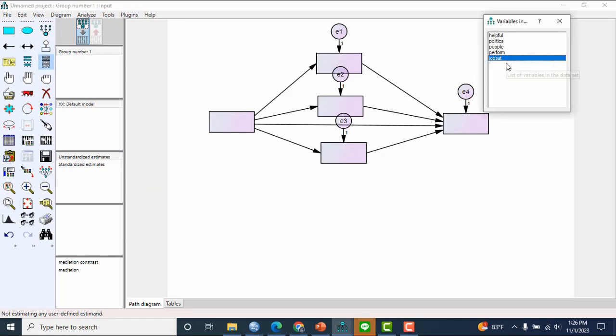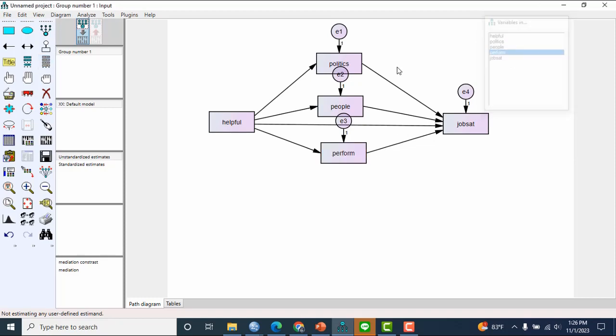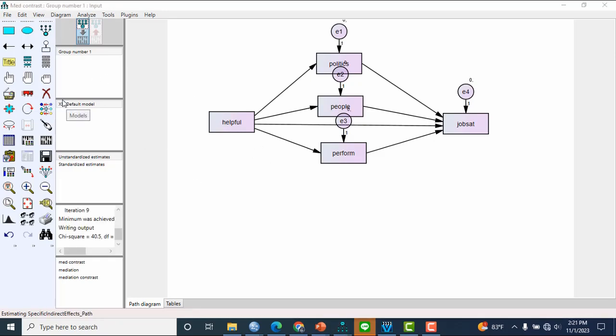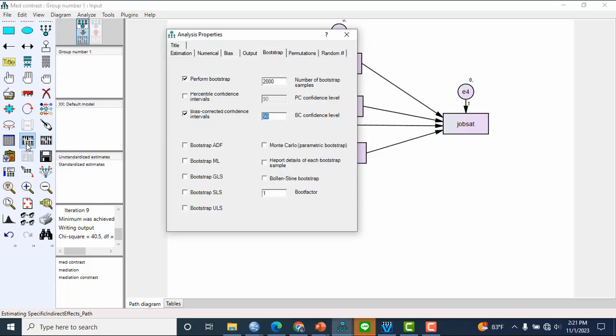And we put in the variables. This is job set, here helpful, politic, people, and perform. First, we already put the variables in the model, and then we go to the analysis properties.